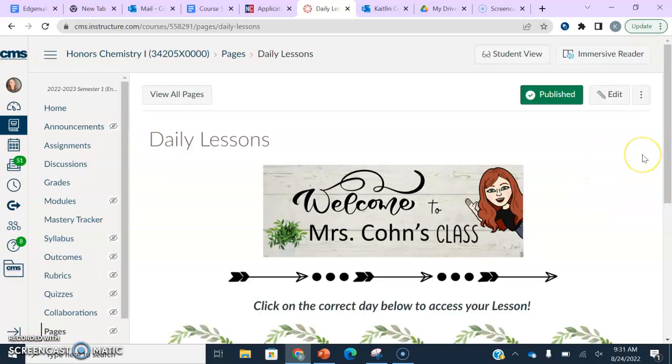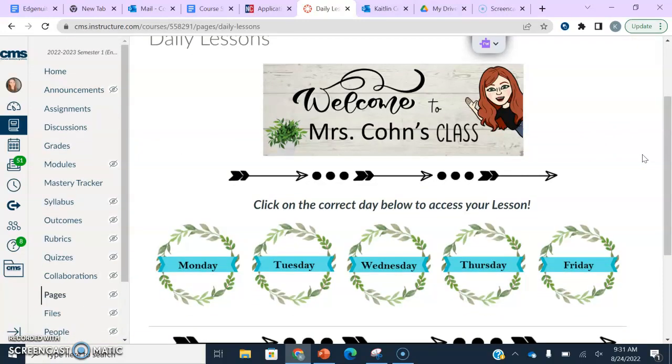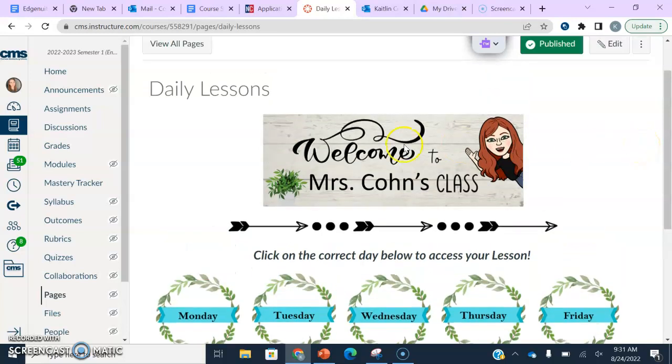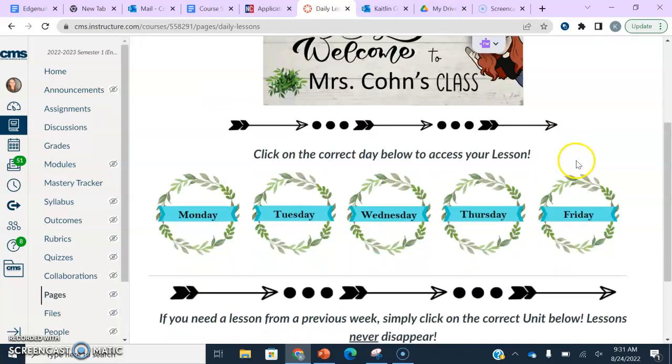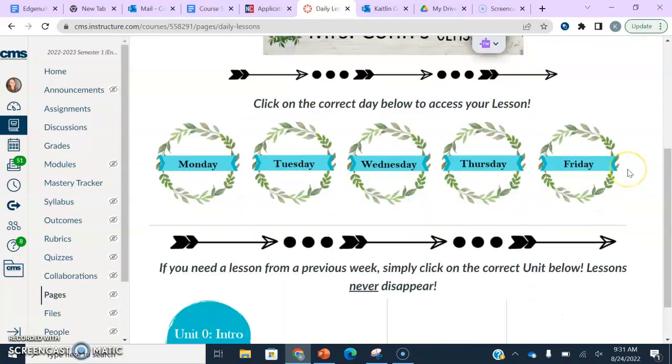And then your page is going to look very simple. So it's not a lot of clicking. I try to make it as simple as possible. When you come to your daily lessons page, you'll see the day of the week. So we have Monday through Friday here. And it's just going to be as simple as clicking on the day of the week that it is to